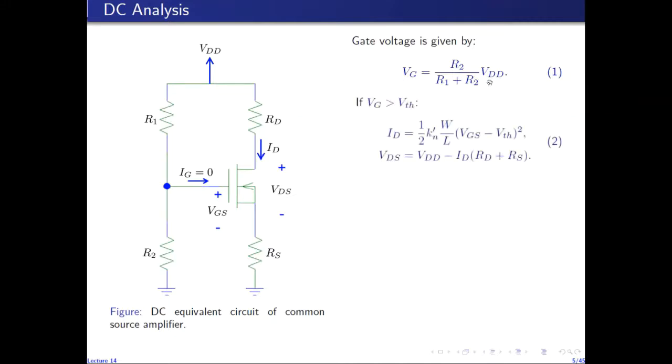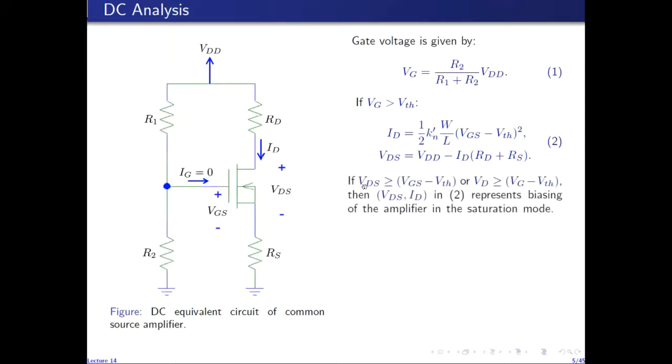So again, following the guidelines that I laid down for the DC analysis of general MOSFET circuits, we check the gate voltage, and if it is greater than the threshold voltage of the device, we assume that the transistor is in its on state, and then we find the drain current, assuming that it is in saturation mode. We find the drain current by this quadratic dependence and the drain to source voltage by applying KVL at the output loop. So here, please note that I have ignored the effect of channel length modulation for simplicity. So finding this ID and VDS,